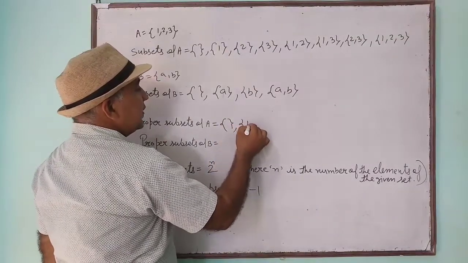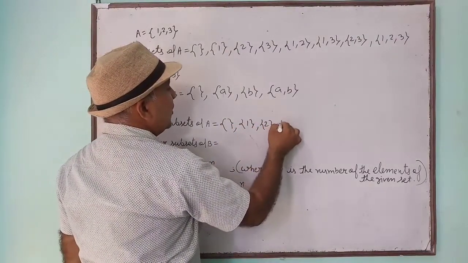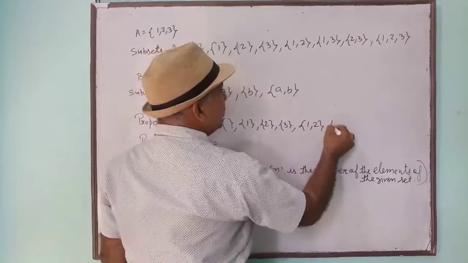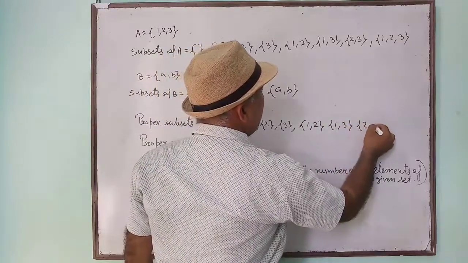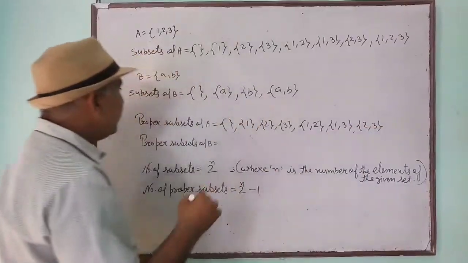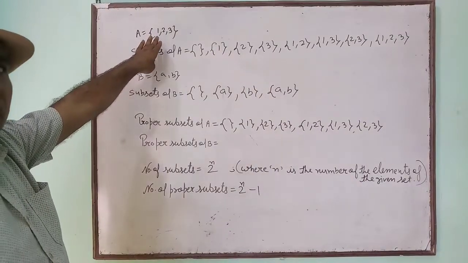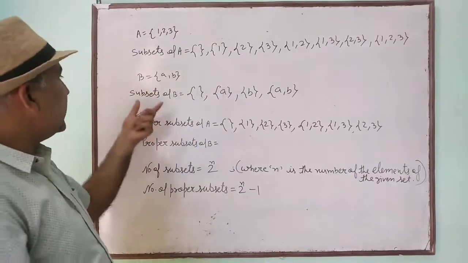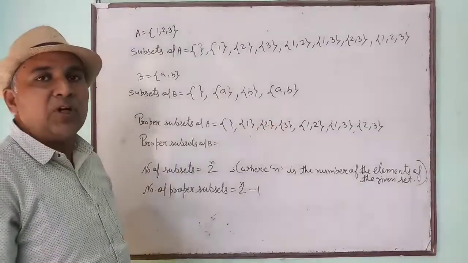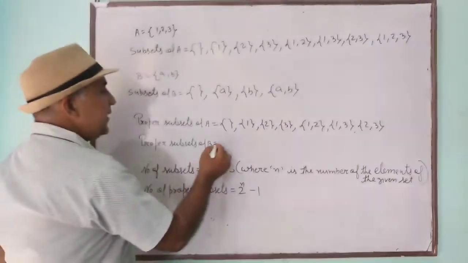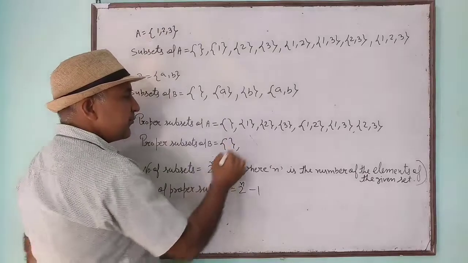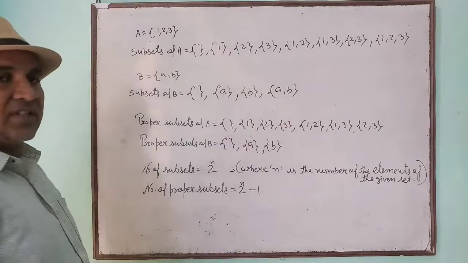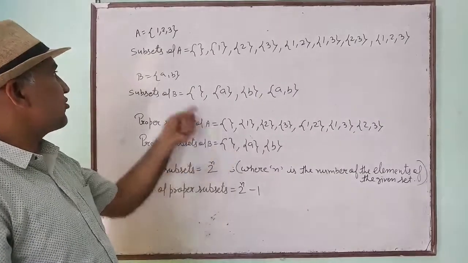first the empty set, then we will take one element, {1}, {2} and {3}. Then we will take two elements, {1, 2}, {1, 3} and {2, 3}. We will leave the given set here. Understood? When we are making the proper subset, the procedure will be the same. Only the given set will be absent in the proper subset. See the proper subset of B. First we will take the empty set. Then after we will take one element. And we will leave the given set. So this is the proper subset of B.